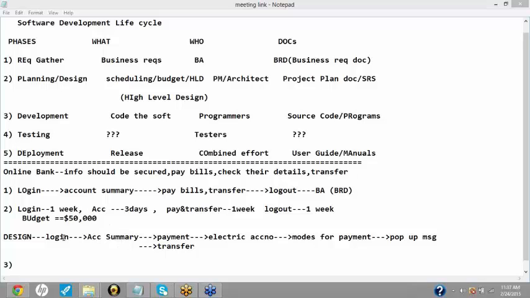Our project manager or the technical lead has given this model to all of us: after login, this page should be seen, the account summary should be seen by each and every authorized user, and then there should be some links for payment, some links for transfer. If he clicks on that, then what should happen? These are the models, or you can say the steps which should take the software ahead. This is prepared by the architect and this is what we also take in use.